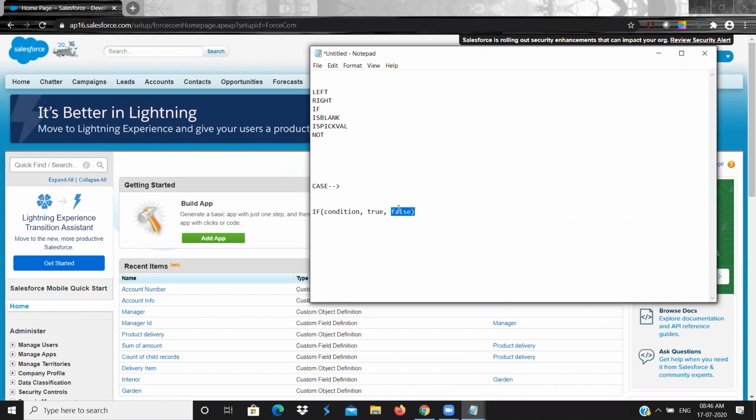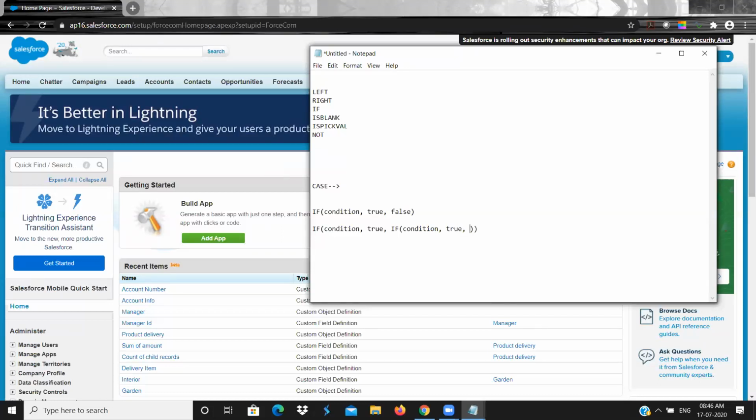That is a series of conditions. This is one condition. If you want to add a series of conditions, you will add if, condition, comma, true, and in the false area, if it is false and I want to execute some other condition, I will put another if: condition, comma, true, comma.